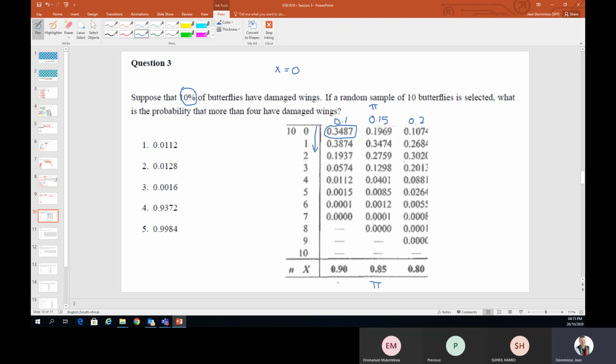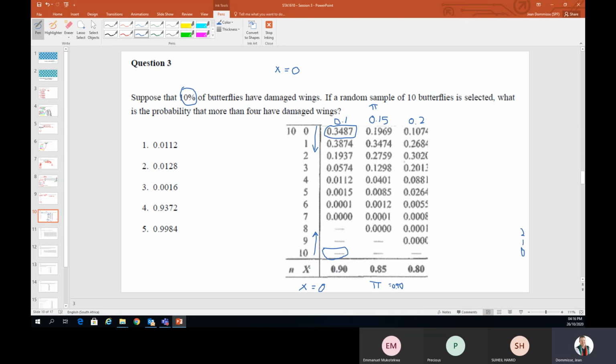If my pi was equal to 90, or 0.9, and it then asked me what x equal to 0 is, then I need to read it up from here. So you will see on this side of the table, in the printed ones that you will have, there will be a 0, a 1, a 2. So basically then that will be the 0 if it is n